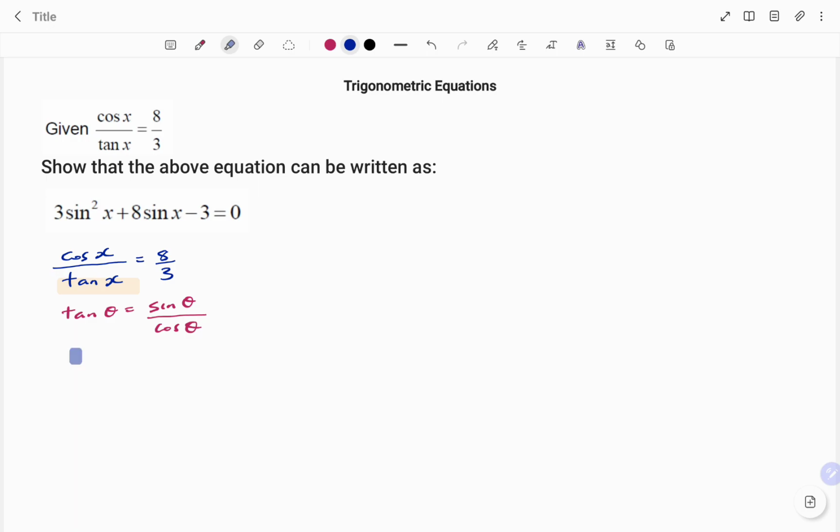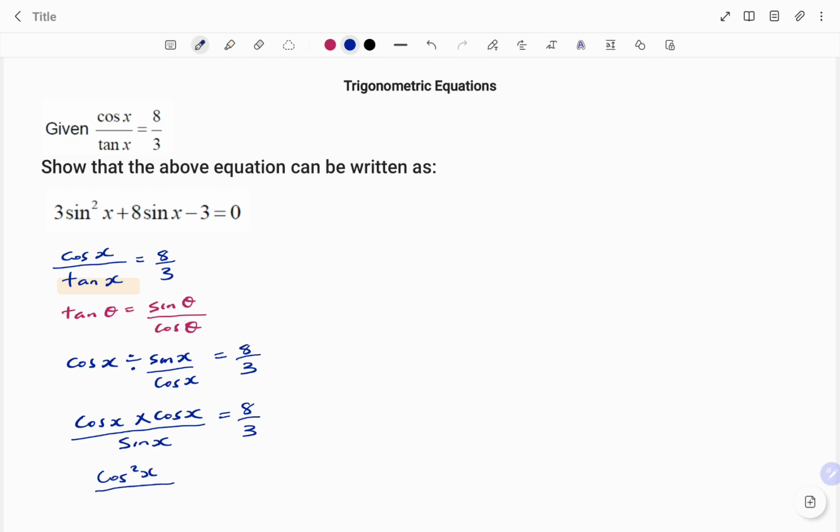I have cos x divided by sine x over cos x. That's equal to 8 over 3. If I change that to a multiplication sign, I'm going to flip the fraction. So I have cos x times cos x all over sine x equals 8 over 3. I have cos squared x over sine x